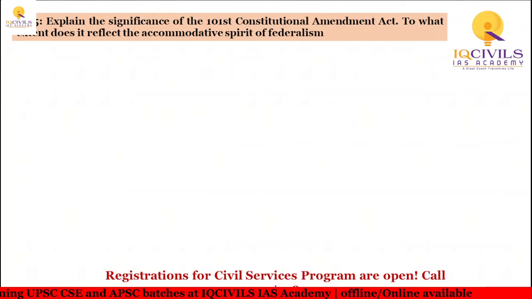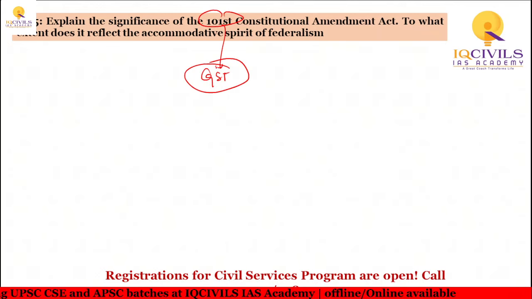Now, another question, question number 15. Explain the significance of the 101st Constitutional Amendment Act. Okay. To what extent does it reflect the accommodative spirit of federalism? तो पहली चीज आपको ये तभी लिख पाओगे जब आपको पता होगा ये एक्ट किससे रिलेटेड है। This is related to something called GST, Goods and Services Tax. Clear? Now this represents the spirit of federalism. सो फर्स्ट ऑफ ऑल आप इस अमेंडमेंट को समझाइए, ओके,